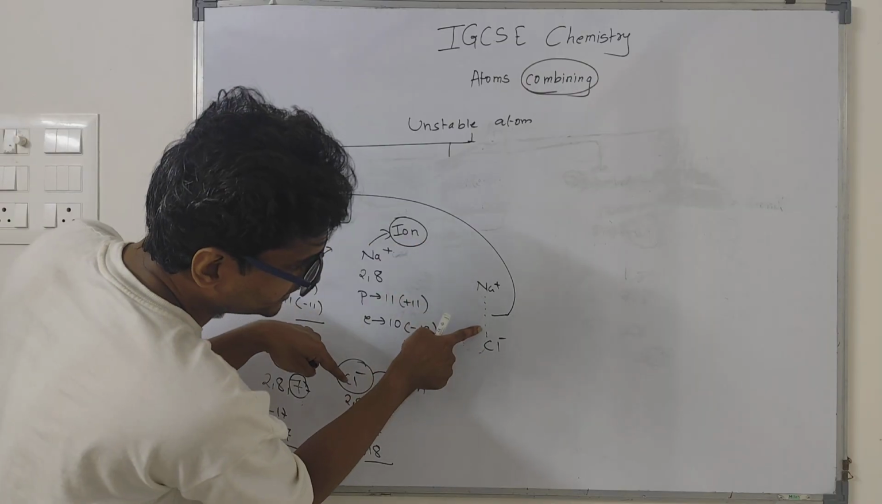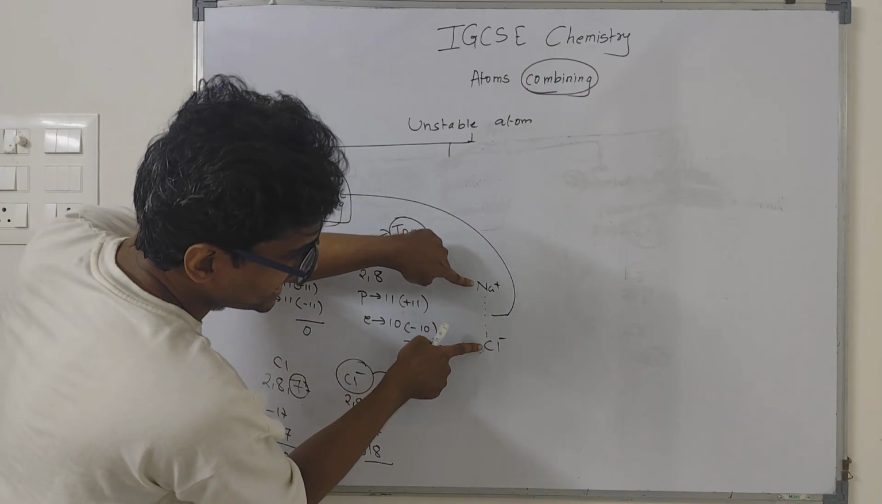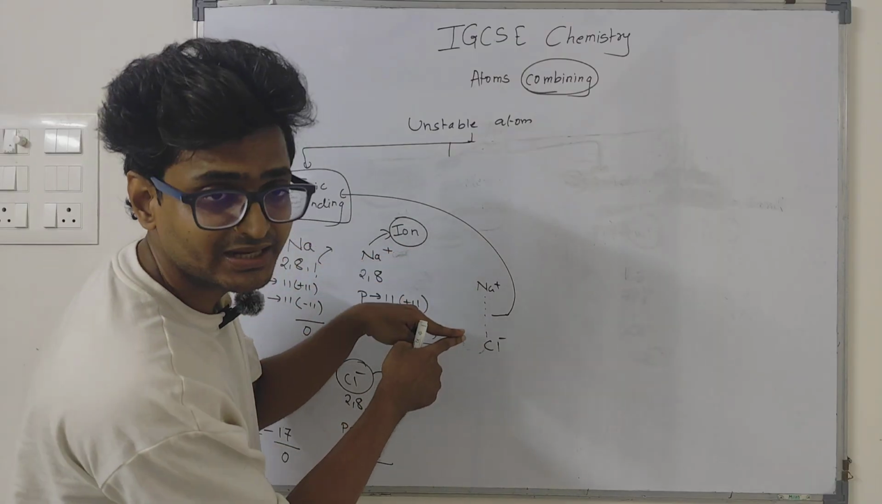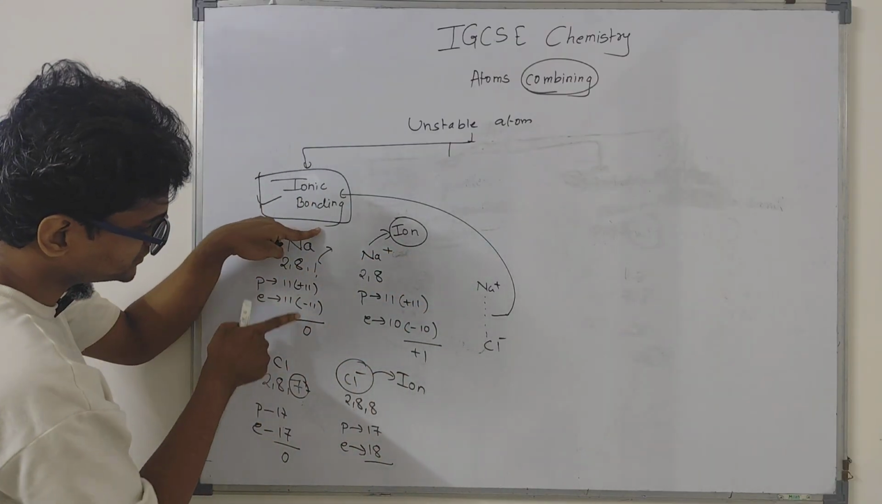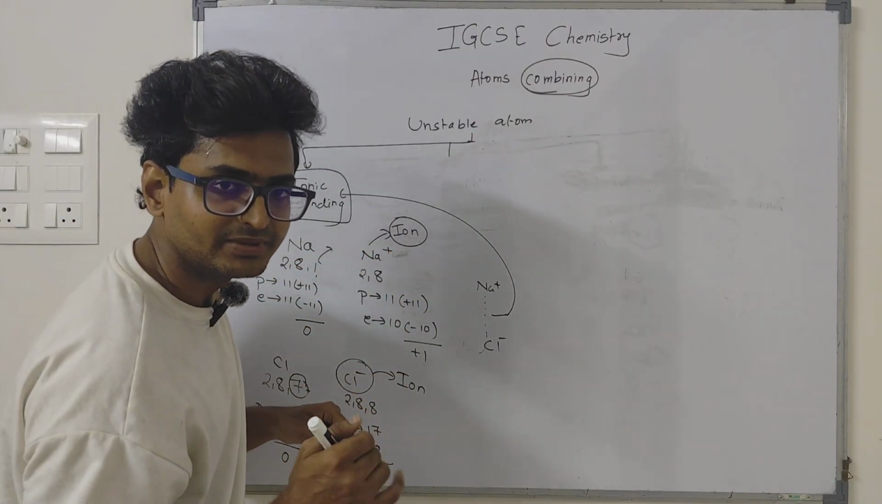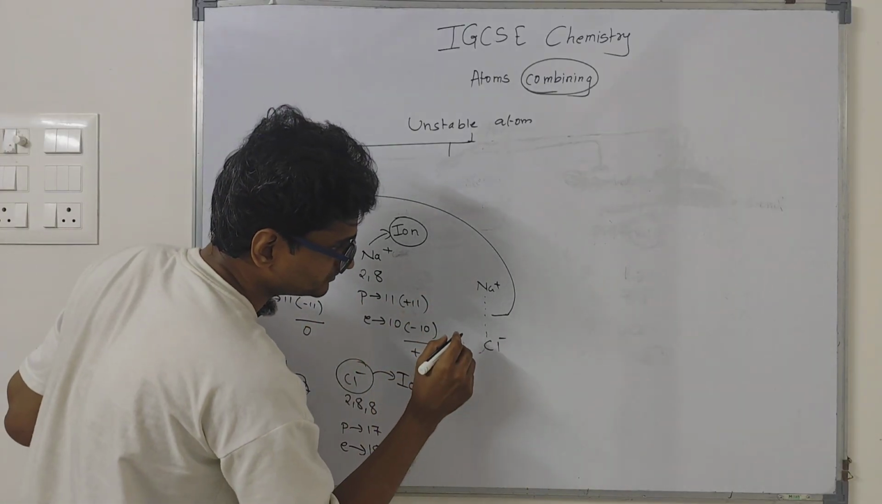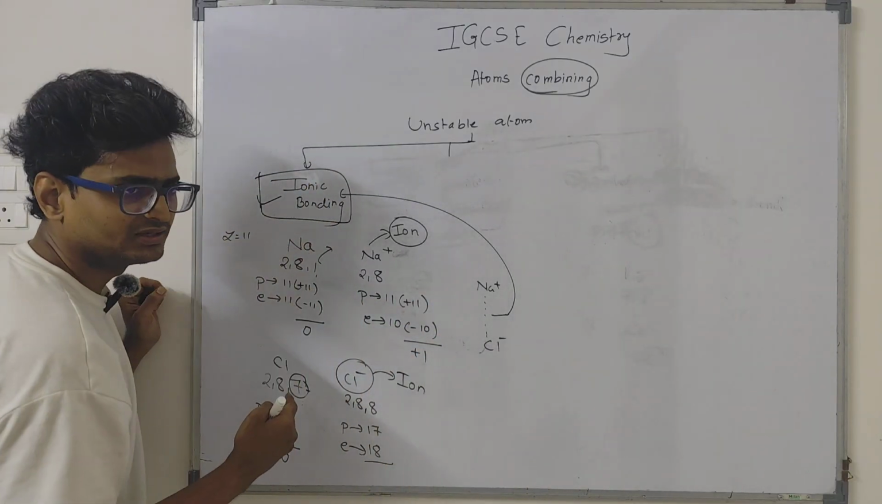Ionic bonding between ions, not between atoms. Ions will only attract each other, atoms won't, because there are no charges on the atoms. Make sense? Very good. Next, now you should understand, when you take Na and Cl, of course you won't be